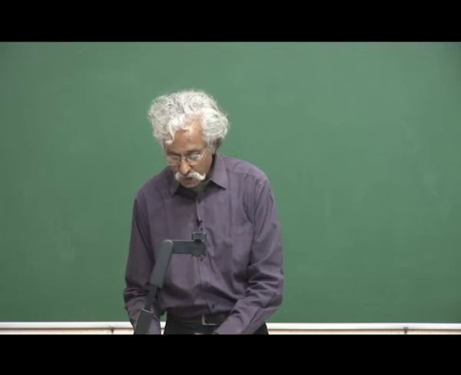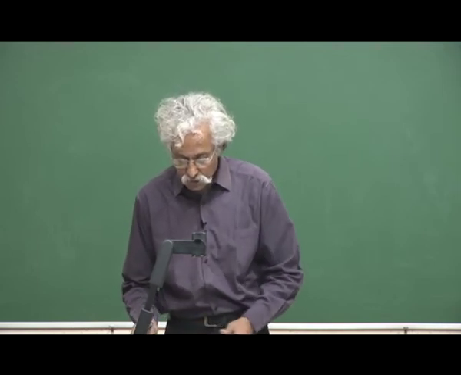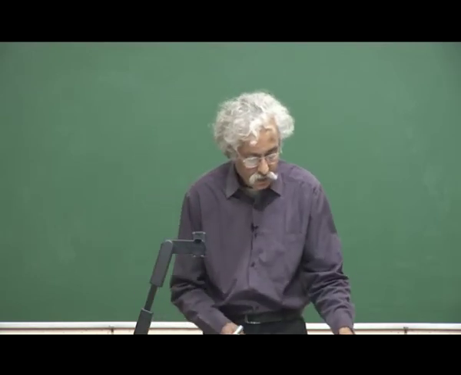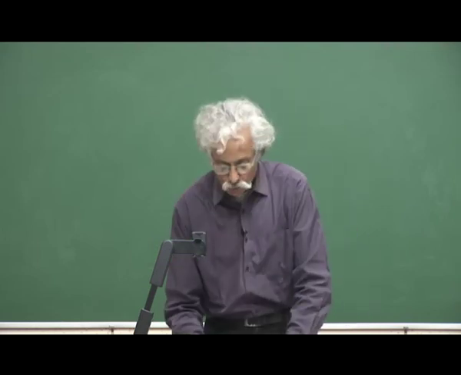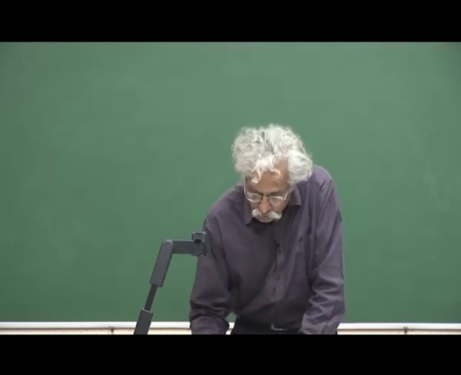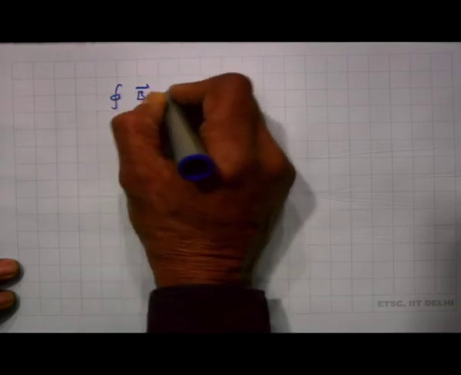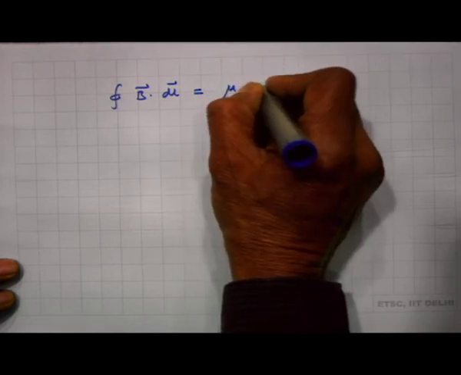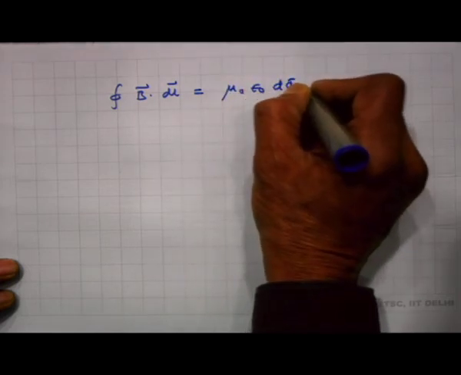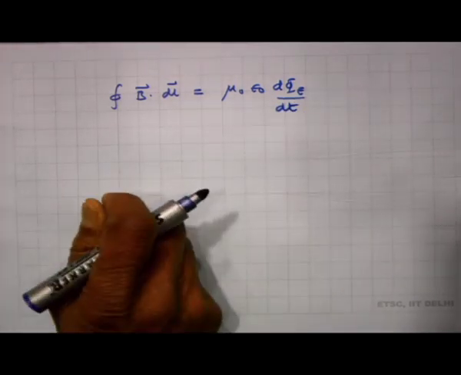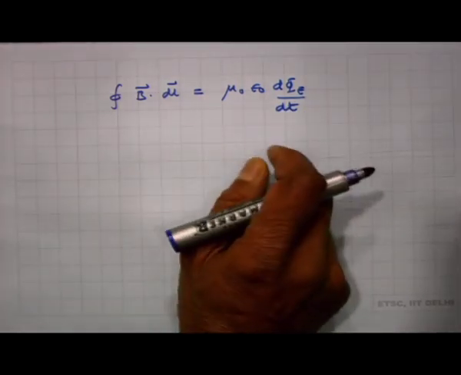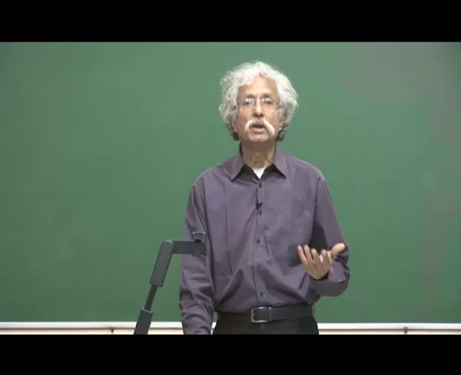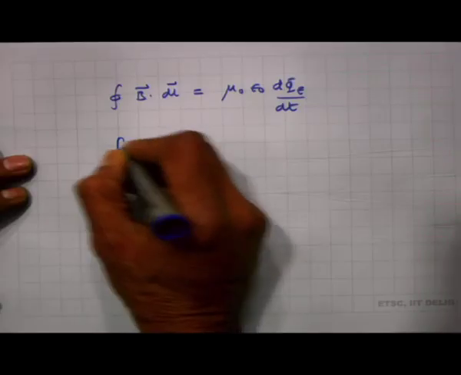Now, what is very significant is that this term is a very important term in the following sense. Suppose I have a situation where there is no conduction current. Then according to Maxwell's equation, integral B dot dl, because of the modification, is mu naught epsilon naught d phi E by dt. That is the displacement current, and I am assuming a region where there is no conduction current. Look at the other equation, integral E dot dl